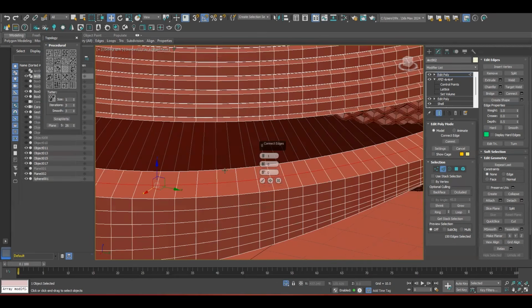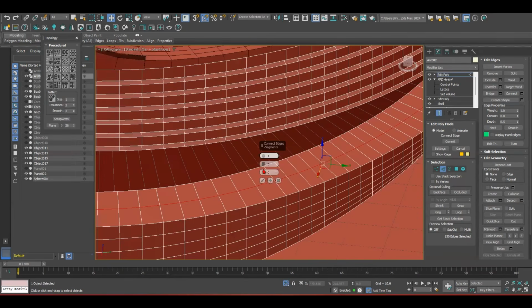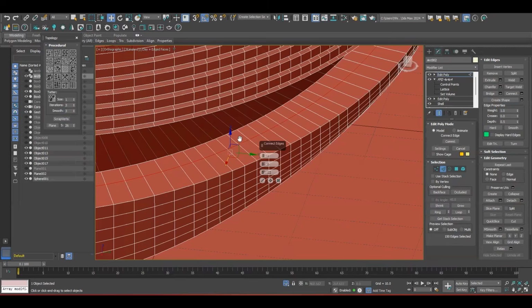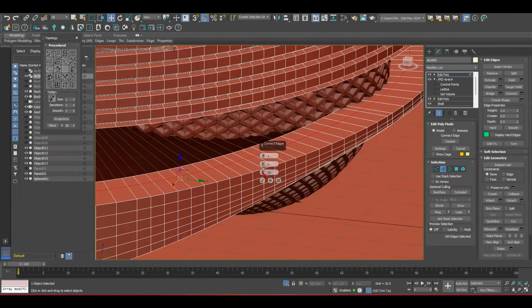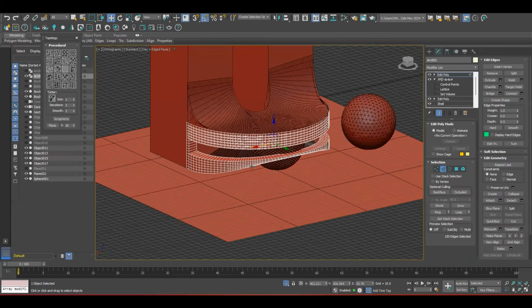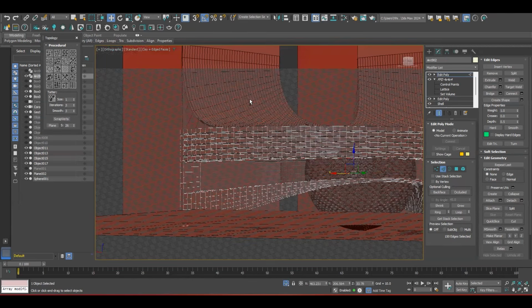So the placement of this edge, we can just change it by option. So we want this to be outside the circular shell. Once we click OK, we can just